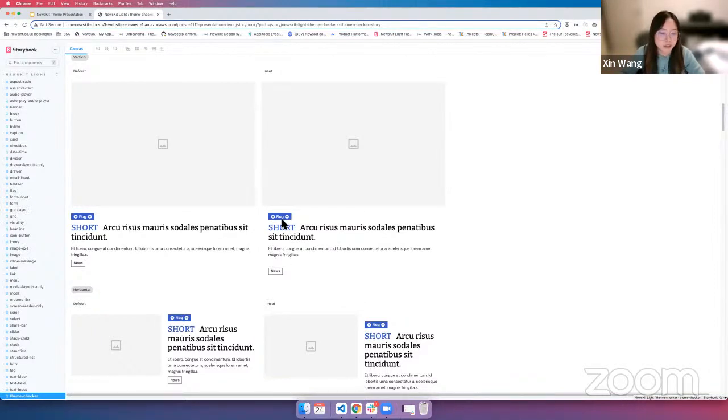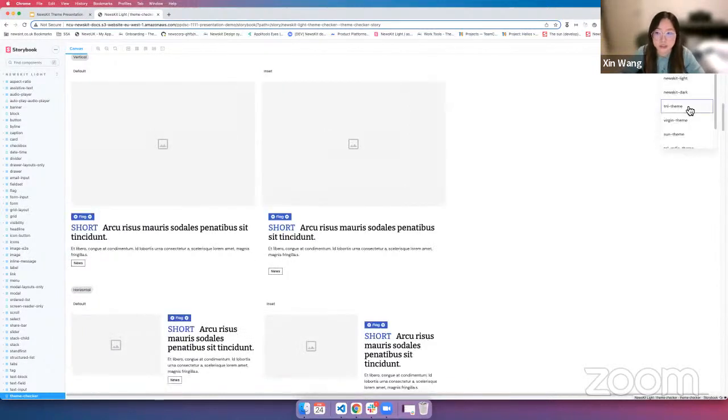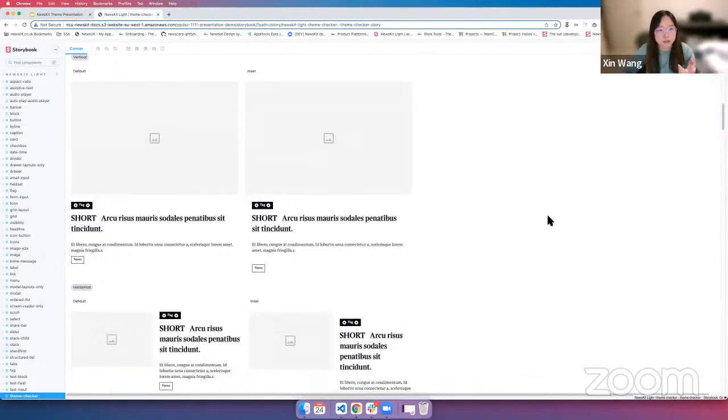So in NewsKit, our brand color is this blue color. So if now I change to TNL theme, you can see that not only is that brand color changed, the fonts are also changed. That's where we pass the overrides, include typography, fonts, spacing, and so on.